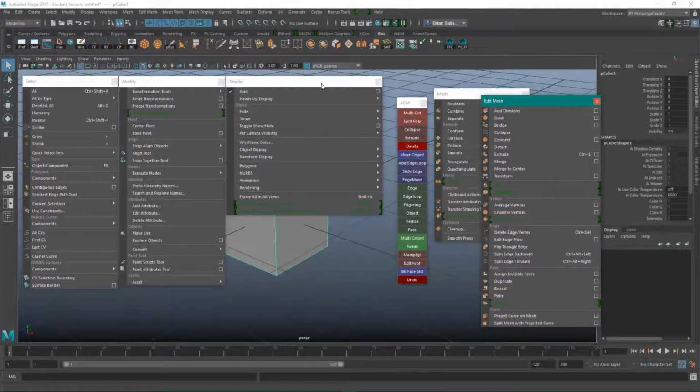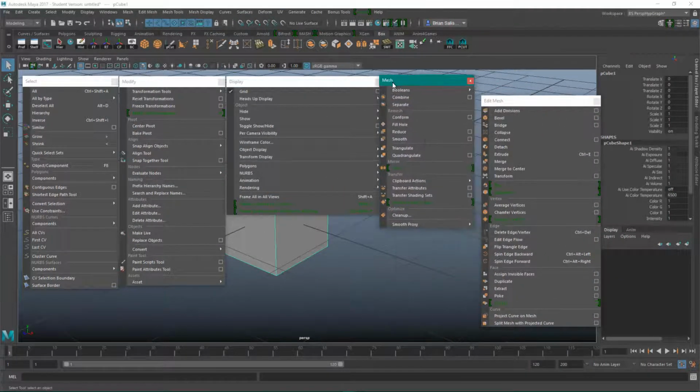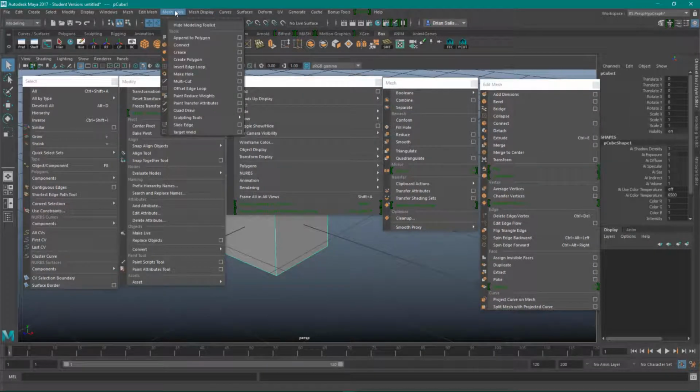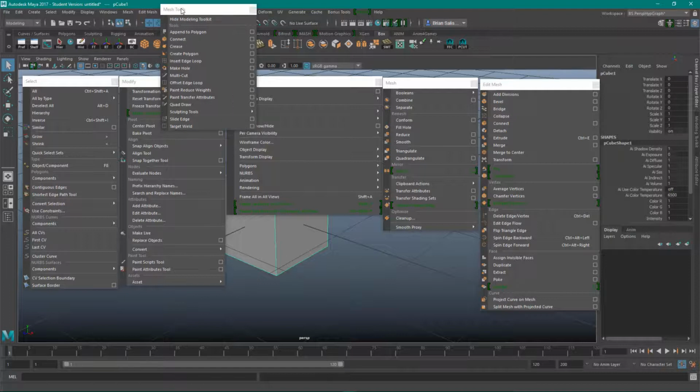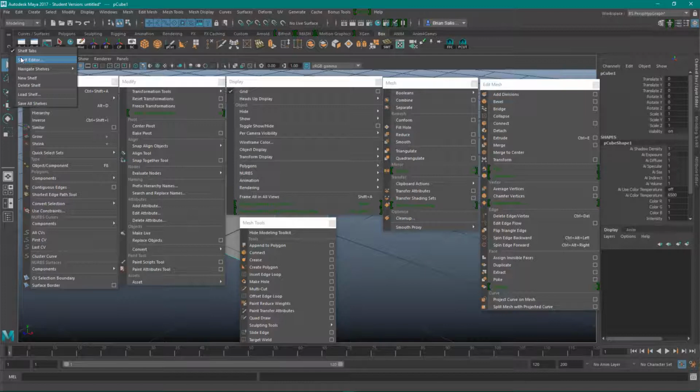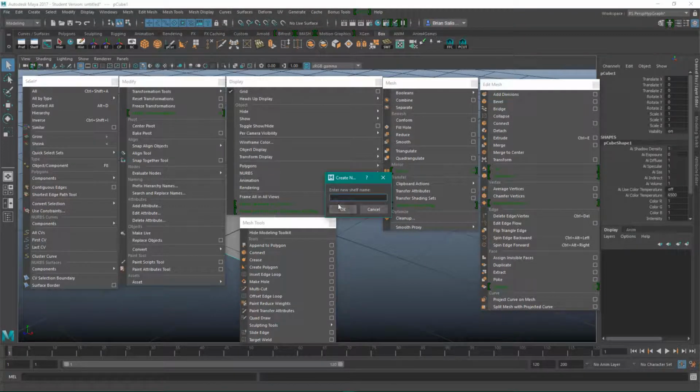Edit mesh, and I'll hide this for now. Mesh tools. Okay, and then I'm also going to make a new shelf, just to show you what tools that I use. So let's make a new shelf. Just call it